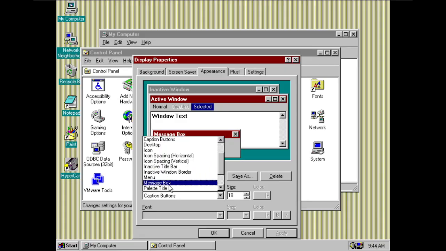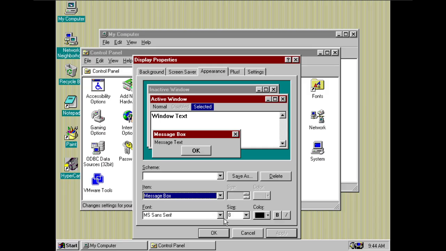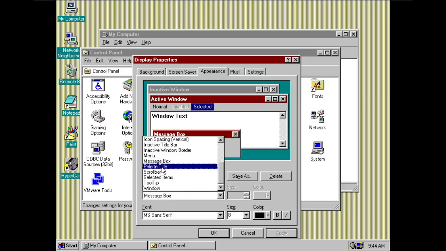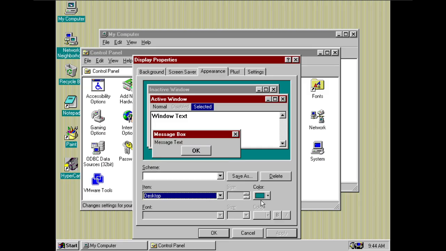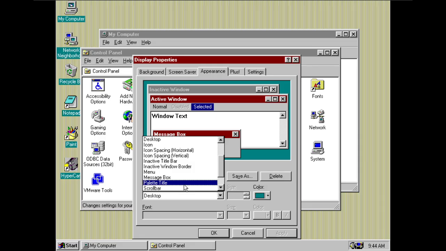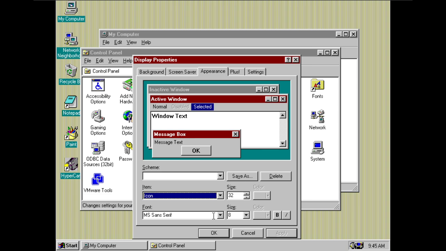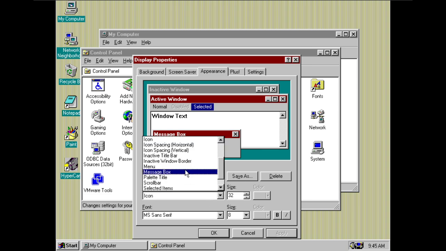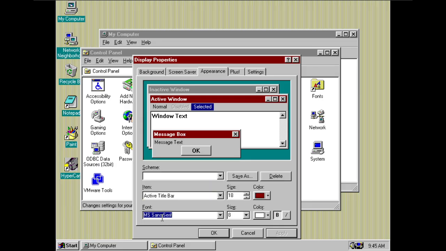And now we can change font. Now you might want to know, what's a font? I mean, everyone knows what a font is, but whatever. So a font is like a little file that includes 26 characters that you can do. So for example, I will change the active title bar font to